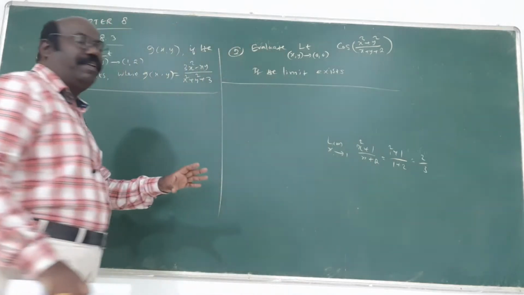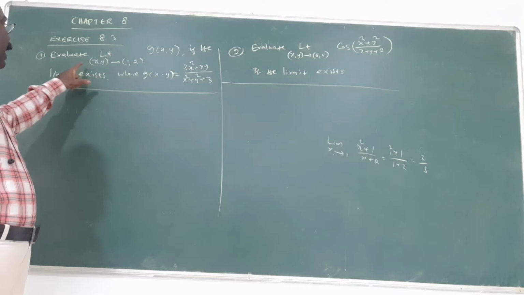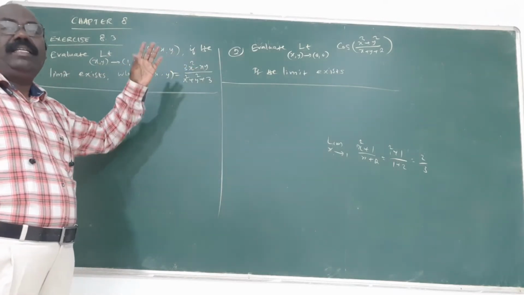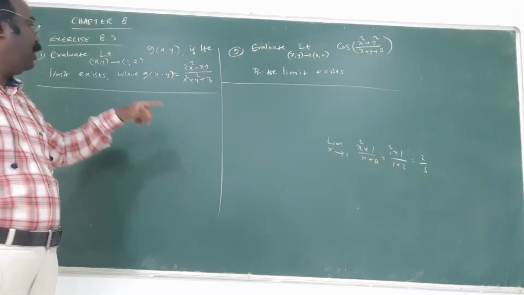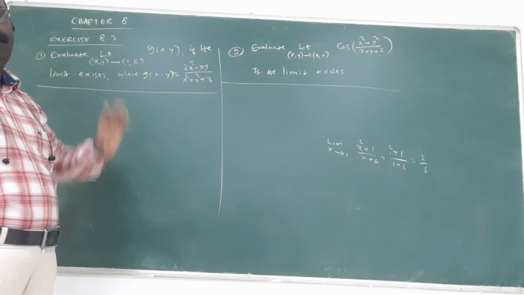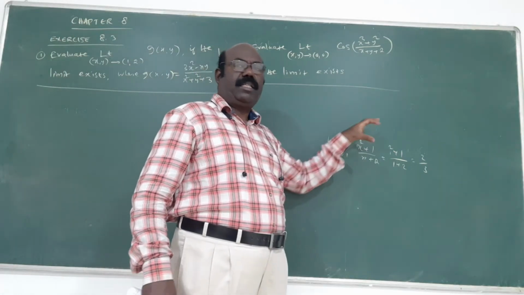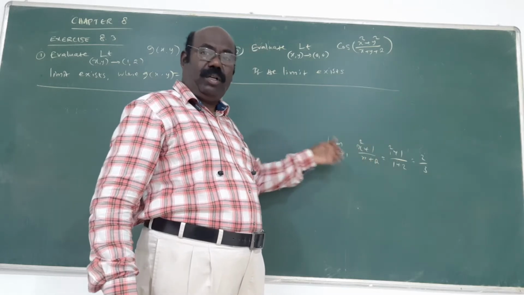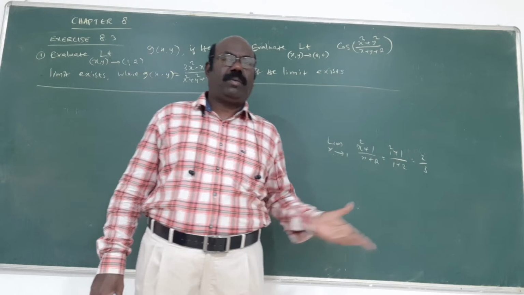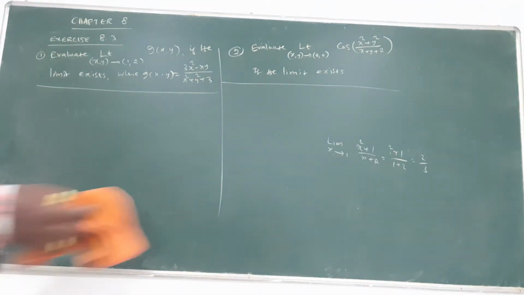But here, what is the difference between the previous exercise and this exercise? Limit x comma y tends to 1 comma 2. The questions involve the x variable as well as the y variable. Replace x by 1, replace y by 2. That's all. Previous idea only. In the previous question only x was involved, so we replaced x by 1 only. But now x comma y tends to 1 comma 2, so x is 1, y is 2. Substitute like that.